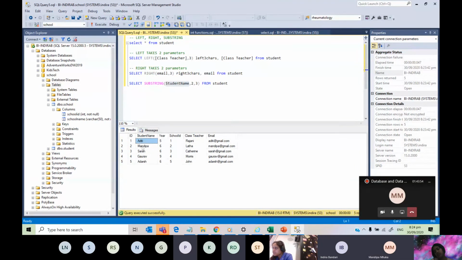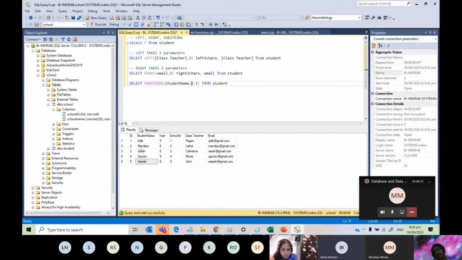D. For Mandipa, A. Sarah, A. Gaurav, A. And Adarsh, C. So I'm giving the starting position as 2.